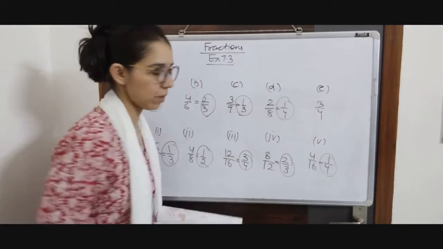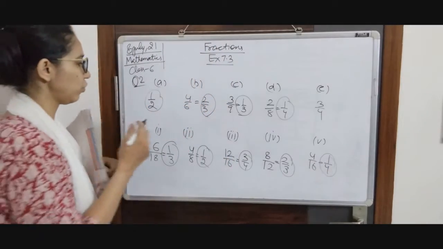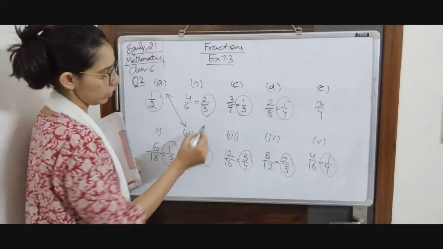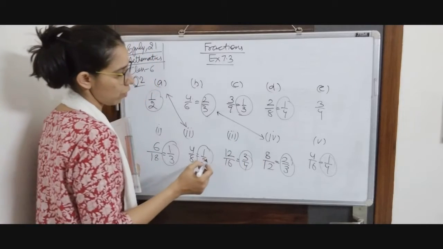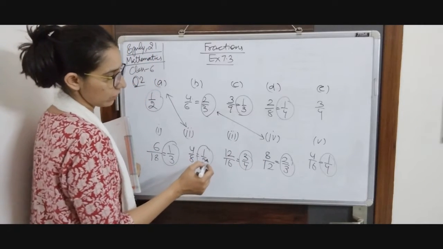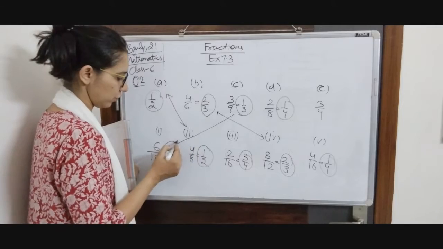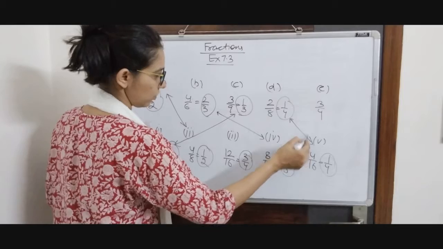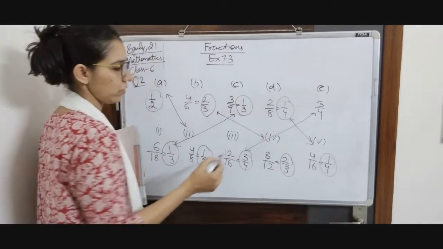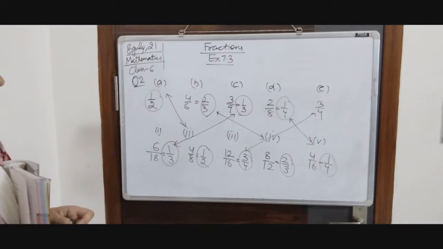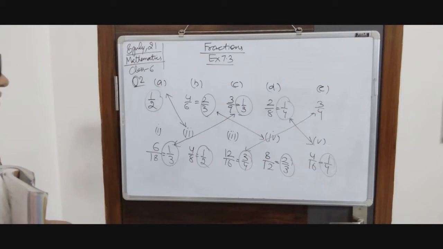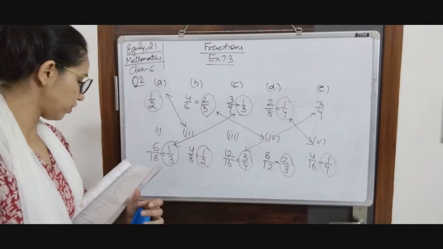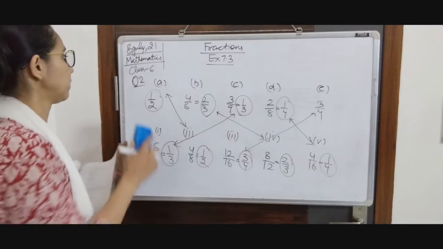Now we are going to pair them up. Okay. So first 1 by 2, this and this. These will form a pair. 2 by 3 is this one, they will form the pair. Then 1 by 3 is which one? So 1 by 3 is this one, first one. And D, 1 by 4 is this pair and 3 by 4 is this pair. So this is the matching of the equivalent fractions. Now we are going to do question number 3, in which we have to replace the box with the correct number.